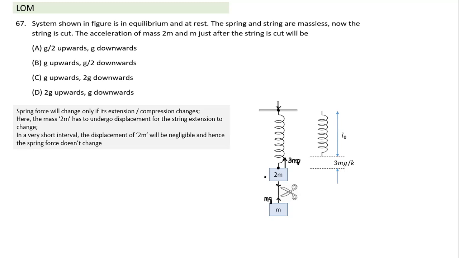It will try to pull the two ends inwards towards itself. It will try to shrink. So it will try to pull the ceiling down. It will try to pull the mass 2 kg up when the length is more. And this force will change only when the distance between the 2 points changes. So in this case, for the distance between this point and this point to change, either the ceiling has to move, which is fixed and cannot move, or this block has to move.